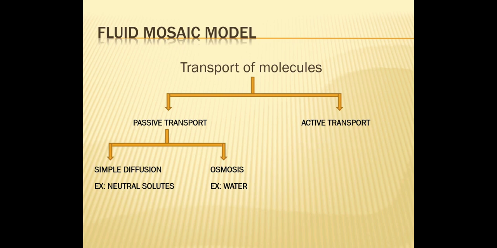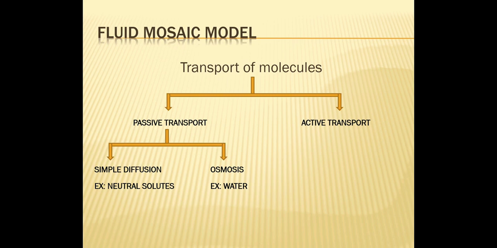In this, you will find the polar molecules. They cannot pass through non-polar lipid bilayer. So, in order to pass through that, it requires carrier proteins. So, in passive transport, nothing is required, but in active transport, they require energy and they also require carrier protein in order to pass through non-polar to polar and polar to non-polar.